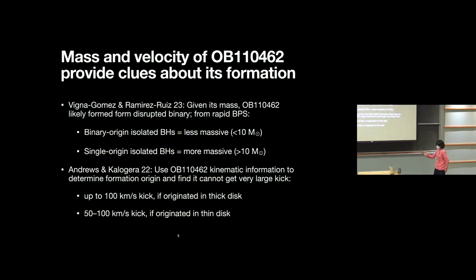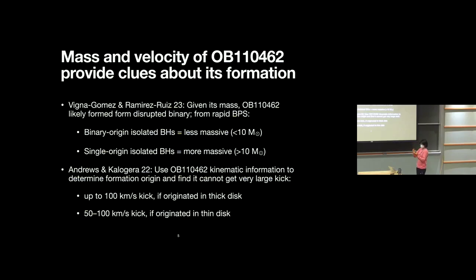So Mengna, Gomez and Ramirez-Ruiz looked at the mass of black holes you would expect formed from rapid binary population synthesis. What they call binary-origin isolated black holes, which form from, for example, disruptions or mass transfers, tended to be less massive than black holes that were effectively single origin, where there were no interactions. Because of fallback, you tend to get more massive black holes. And so based on a mass argument alone, they conclude that 0462 is more likely to have originated in a